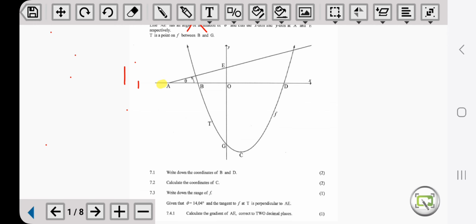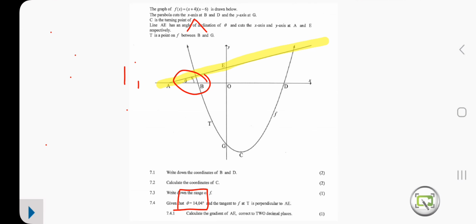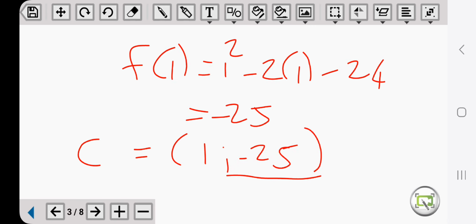All right, so there is AE, and we have a little theta there. That is our acute angle or our inclined angle. So because we have that angle, it's given theta to be 14.04. We can therefore say that tan 14.04